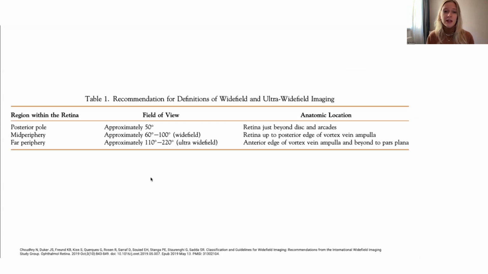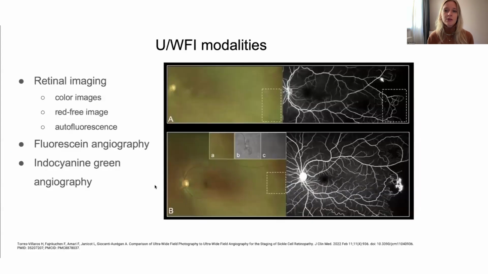And here we can see the recommendation for definitions of widefield and ultra-widefield images according to the International Widefield Imaging Study that was done in 2019. And here you can see the percentage and the degree to which extent the different regions within the retina, like the posterior pole and mid periphery, and also the far periphery can be seen with ultra-widefield imaging. And also there are different modalities that can improve our diagnostics and thus treatment of retinal diseases located